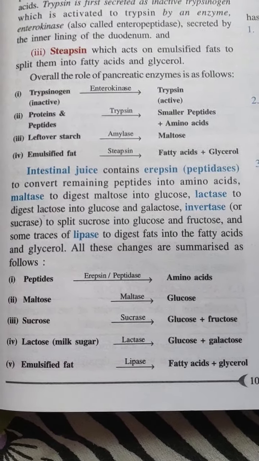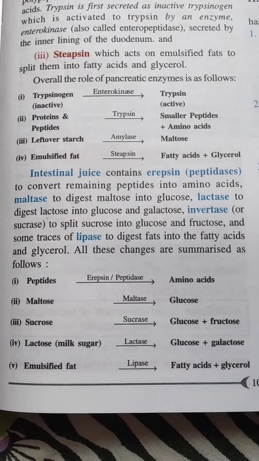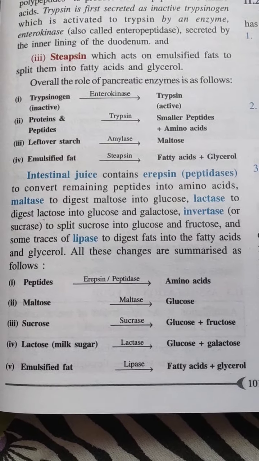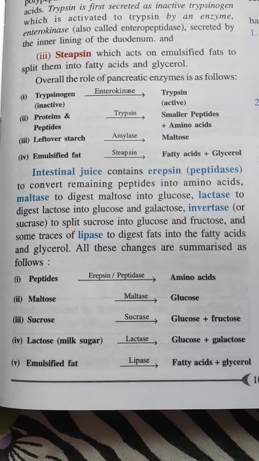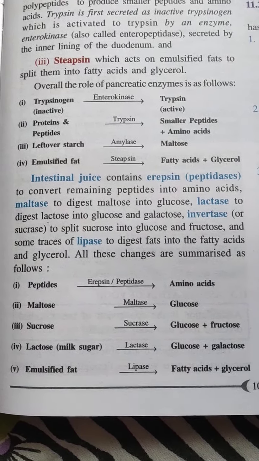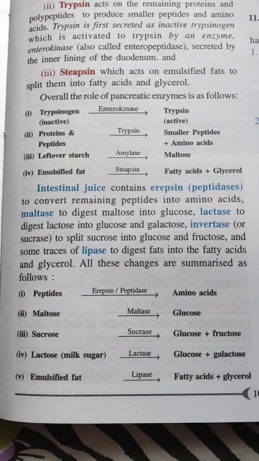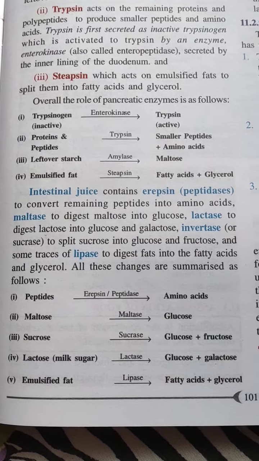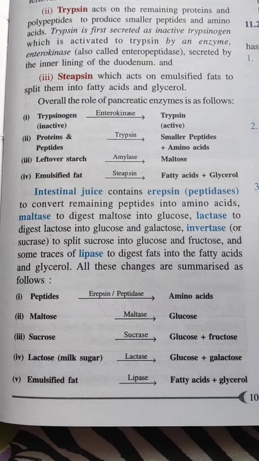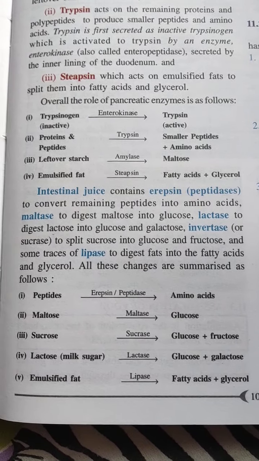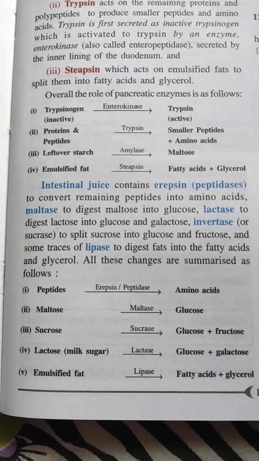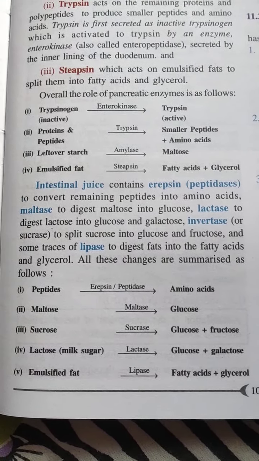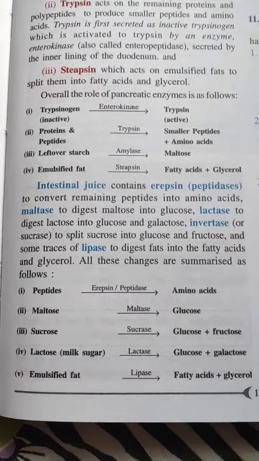So, students, first of all, this is very easy to remember because there are a lot of names which you have to remember definitely, and for that, you have to practice this by writing a lot of times. Other than that, it's very important to remember these names in the form of the substrate on which they are acting. Actually, their names are derived from there only, like maltose, maltase, sucrose, sucrase, lactose, lactase. Like that, it's very easy to remember, right?